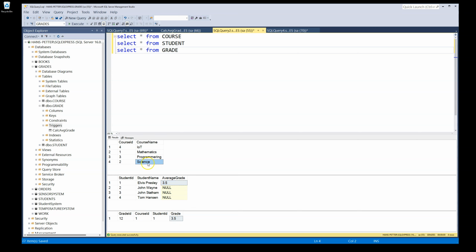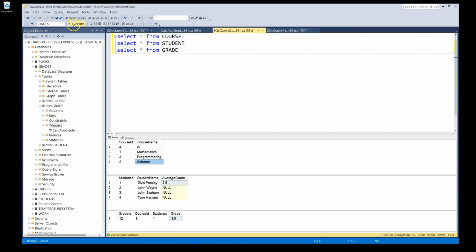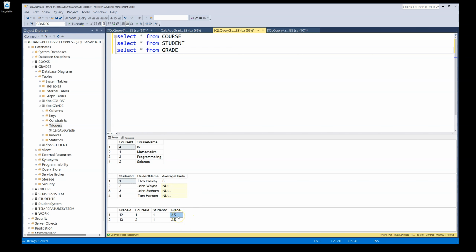But now let's also put in a grade in the science course like this, and here it got 2.5. Let's execute it and go back to the queries, and now you see in the grade table Elvis Presley got 3.5 in the mathematics course and 2.5 in the science course. But as you see here, the average grade will be 3. So 3.5 plus 2.5, if you sum those and divide by 2, you will get the average grade 3